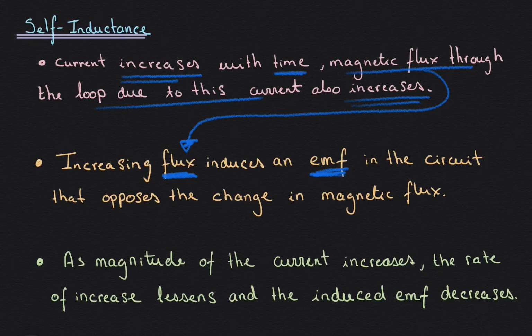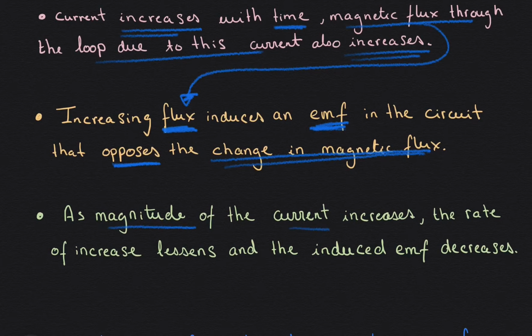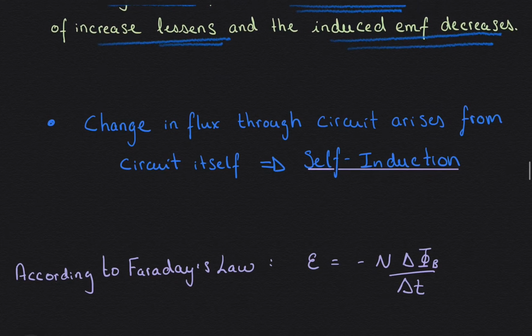Okay, the increasing flux gave us an induced EMF, which we calculated, and in the circuit, this opposes the change in the magnetic flux. So this EMF will go against the change of the magnetic flux, which is part B and C in the question we just completed. So as the magnitude of the current increases, the rate of increase becomes less and less, and the induced EMF decreases. So in a way, the change of flux through a circuit arises from the circuit itself. Okay, the circuit will give this change of flux by itself,